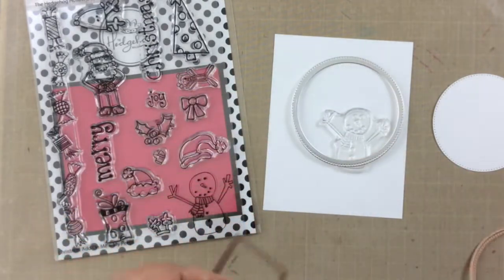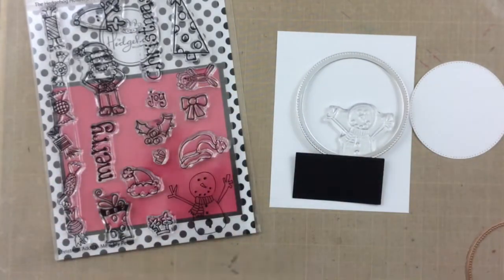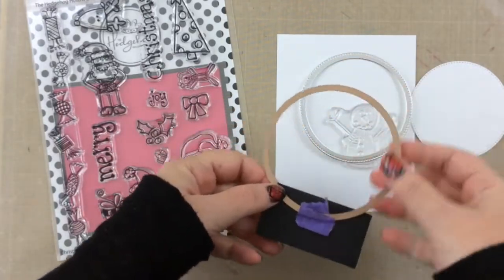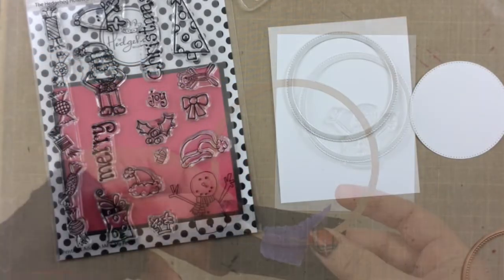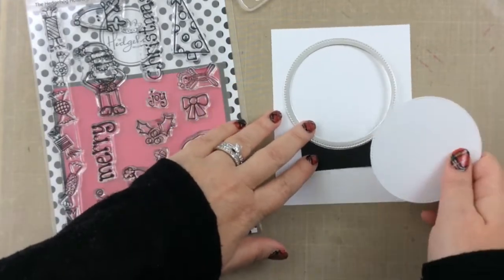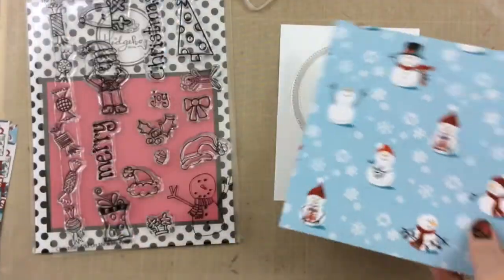Now I will take a rectangle. This is going to be the base, so I cut it out of black cardstock, and I'll take the larger outer circle to create kind of a cutout in that base so it looks like it fits right together with that circle. This is going to be the basic shape for our snow globe here. So we have the rectangle base, the inner circle out of white, and then the outer circle frame out of